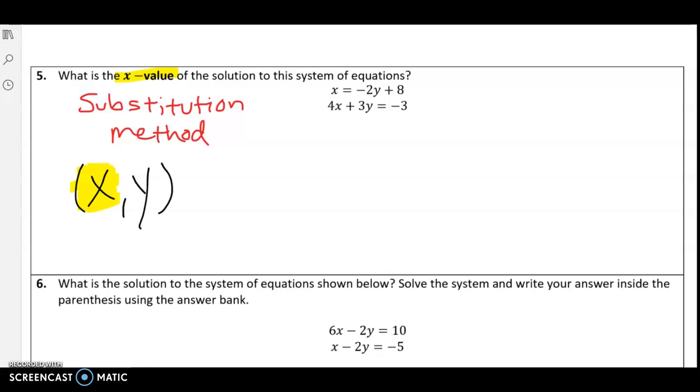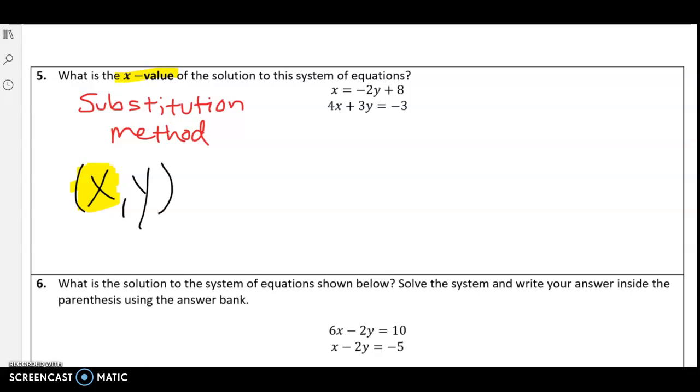Okay, guys, we're looking at number 5 on the test review. This one, you can tell that we're using the substitution method, and here's why. One of your variables is isolated. We can see that x is isolated in that first equation, so substitution would be the easiest method to use